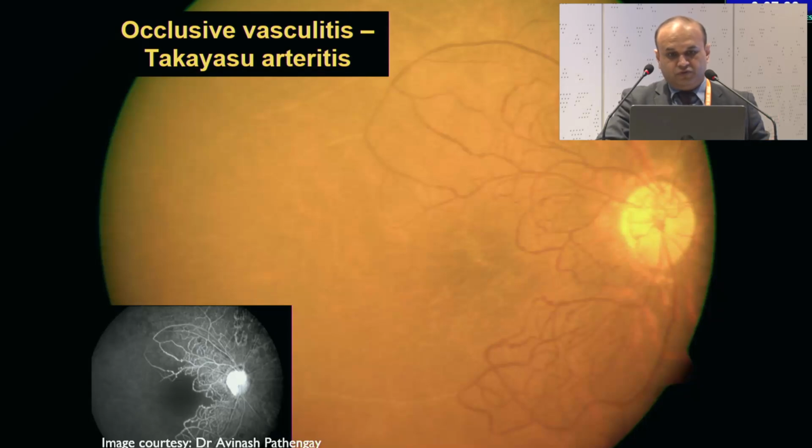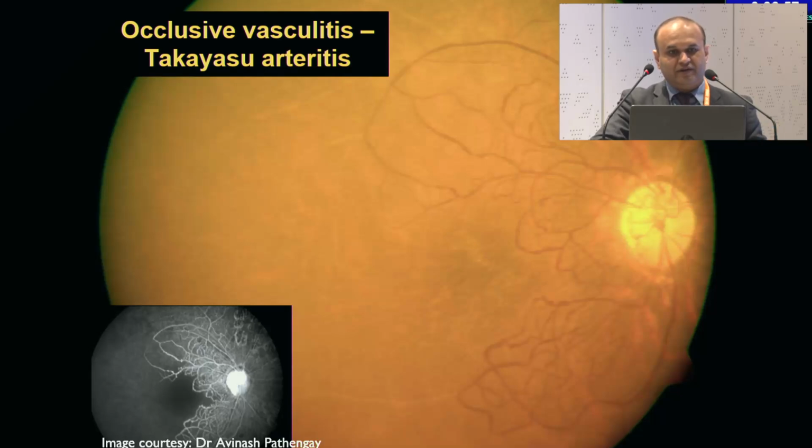Also remember, if you see occlusive vasculitis with extensive signs of ischemia and areas of extensive peripheral capillary non-perfusion, it becomes important for us to rule out a very sight-threatening as well as life-threatening disease called Takayasu arteritis. So if you see extensive neovascularization, peripheral signs of ischemia, and your FFA shows this entire area of capillary non-perfusion, it becomes important to just go and get the BP checked in both the limbs. And if you see an asymmetry, you know that you are probably dealing with Takayasu, and then you can refer your patients to a physician or a rheumatologist for further systemic evaluation and management.